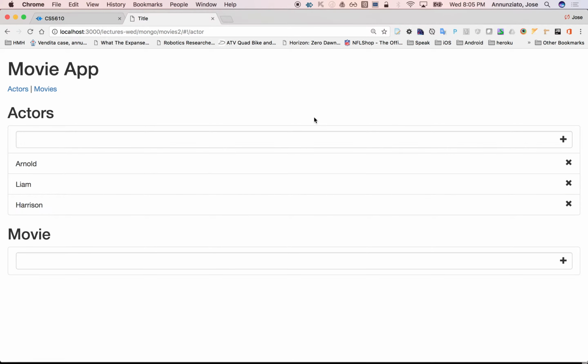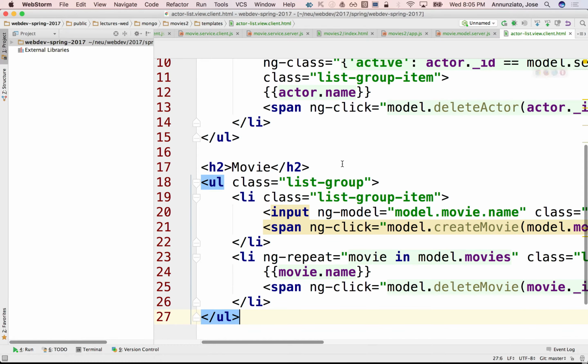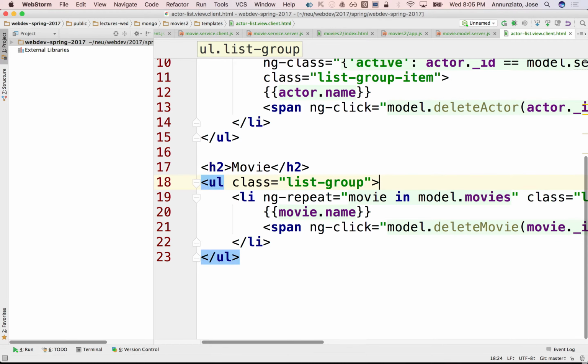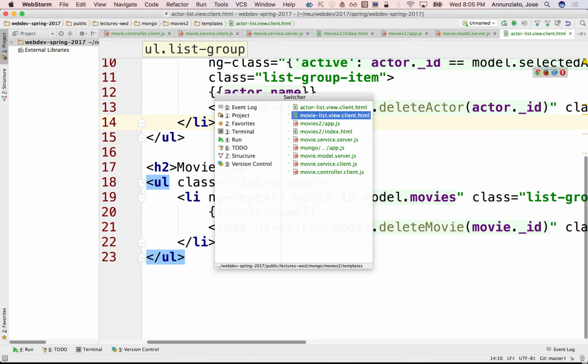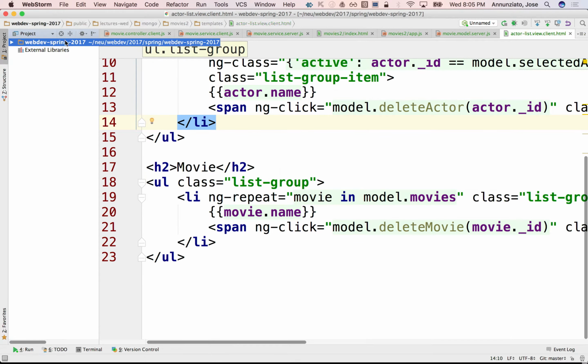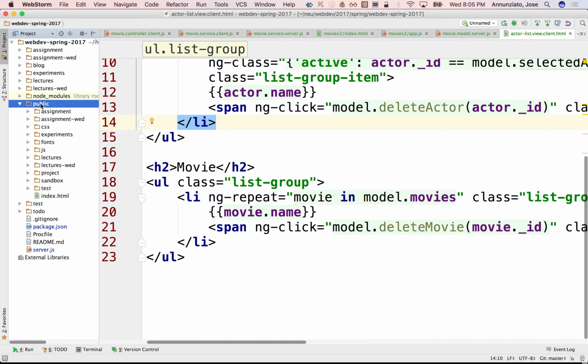So we have the movies, right? We don't want to add movies here. We just want to list them so that we can create the relationship between the two. Okay. So we need to provide movies here. So let's do that from the controller, from the actor controller. Where do we have it here? Let's see. It's under public, under lectures,